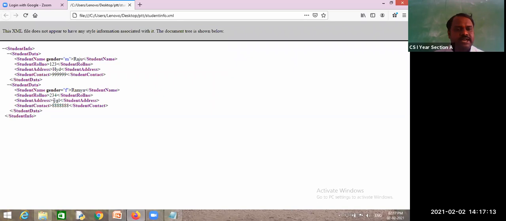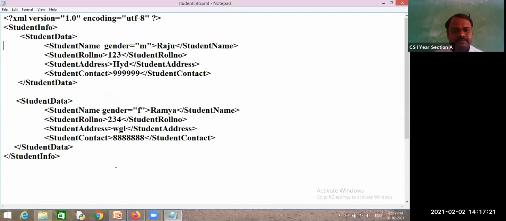But I want to write that Ramya's home is located at Warangal. So my requirement is to write it here as Ramya's, with an apostrophe S, home located at Warangal. I want to write this message.